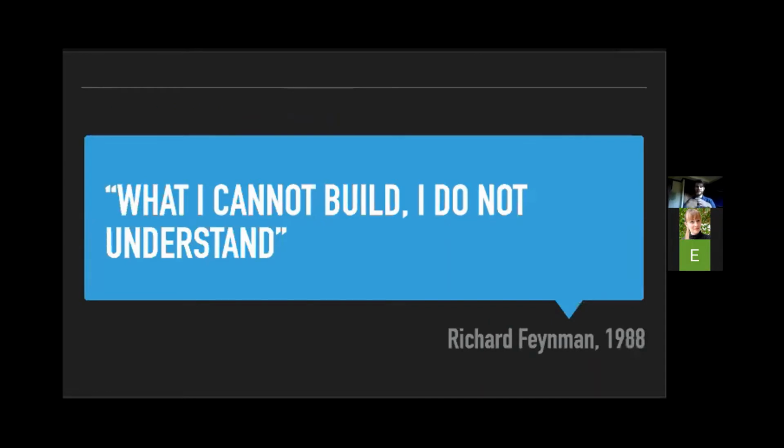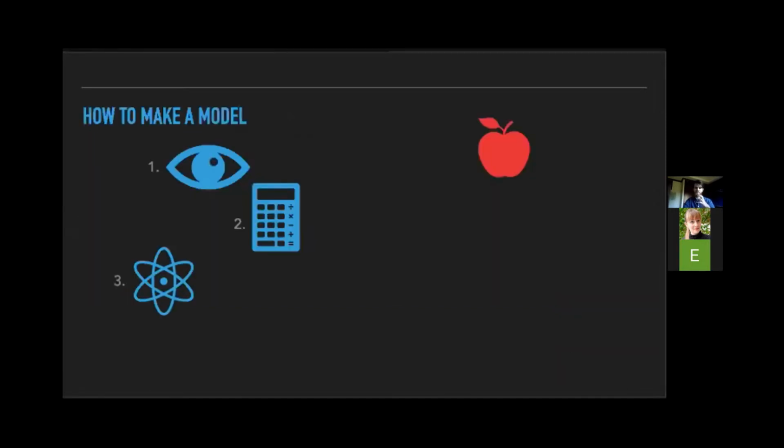As Richard Feynman, a famous physicist and science communicator, said: what I cannot build, I do not understand. What he meant by that is that we get an extra level of understanding of something when we can recreate it. And that is where modeling comes in. In order to build a model,